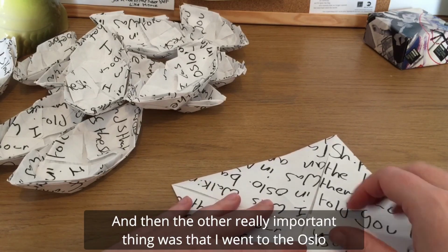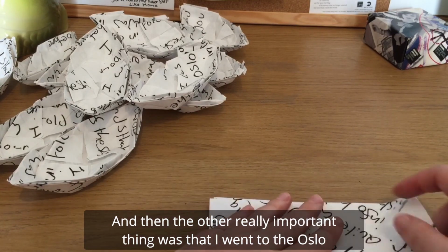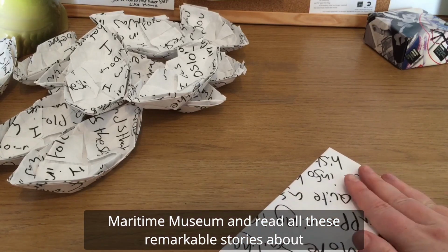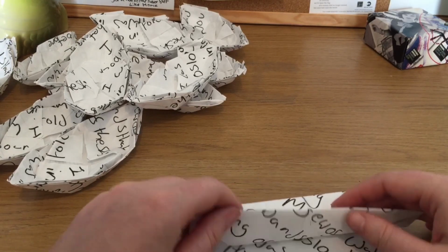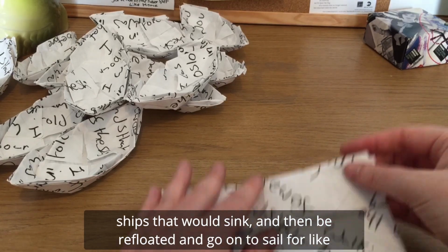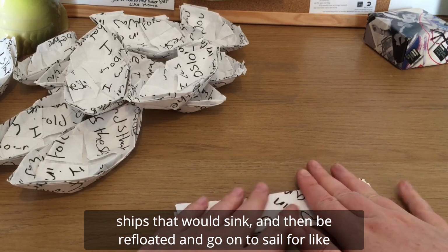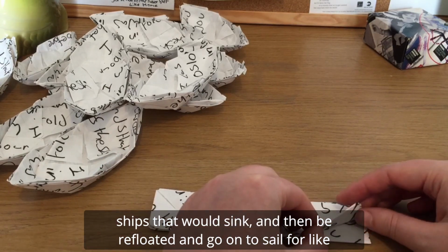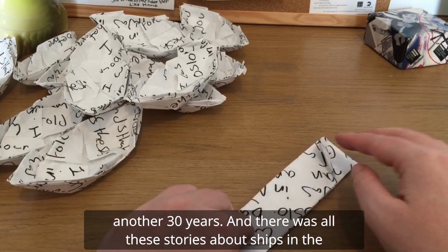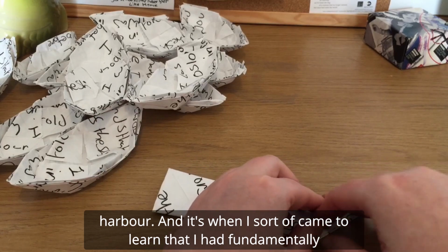And then the other really important thing was that I went to the Oslo Maritime Museum and read all these remarkable stories about ships that would sink and then be refloated and go on to sail for another 30 years. And there were all these stories about ships in the harbour,